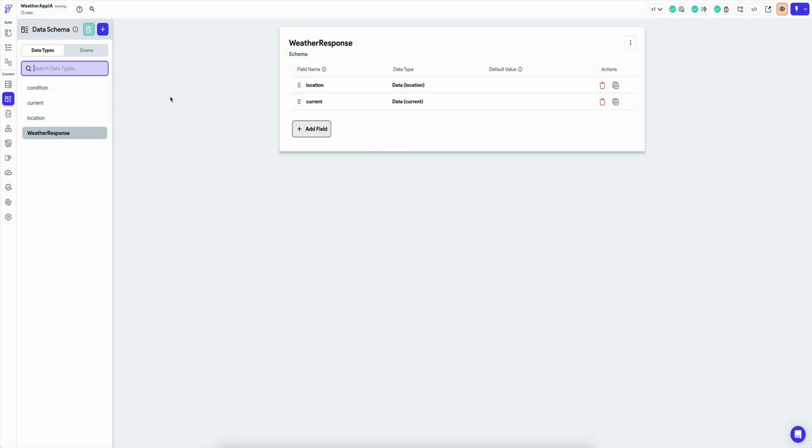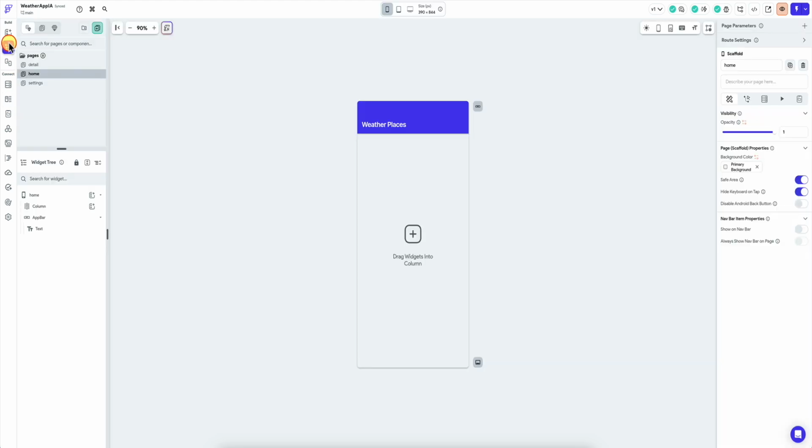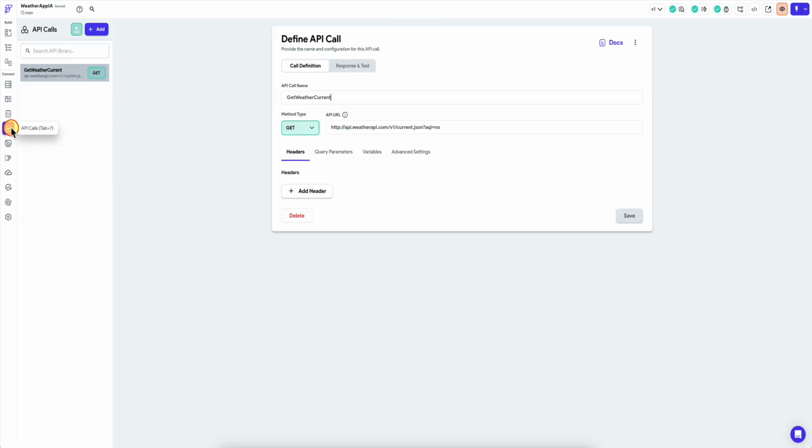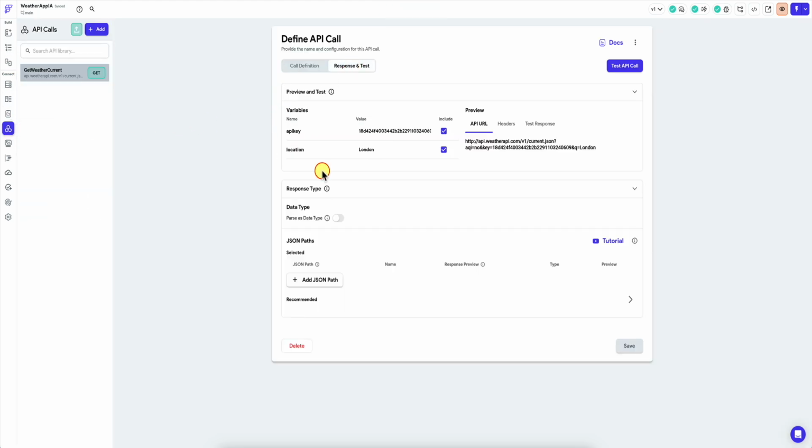And what that did was it took that JSON response and it created the appropriate data. And this is great because now we have all of this here. We don't need to worry about JSON paths. All of this is available. So just to show you how easy it is now, we're going to go back to our API setup, and